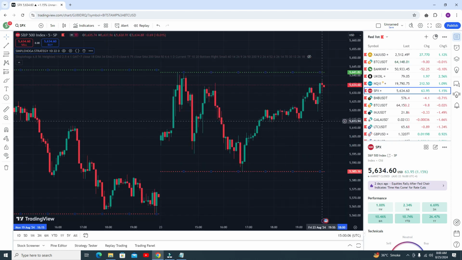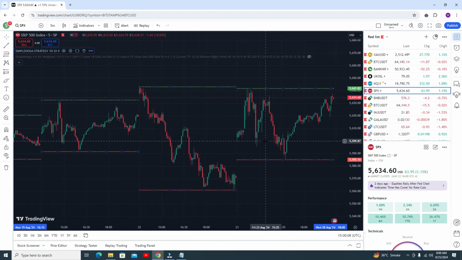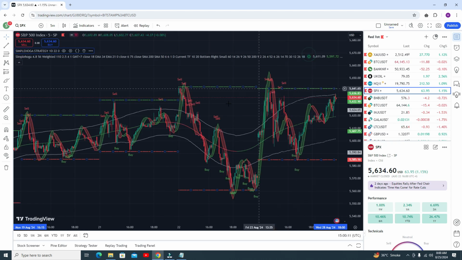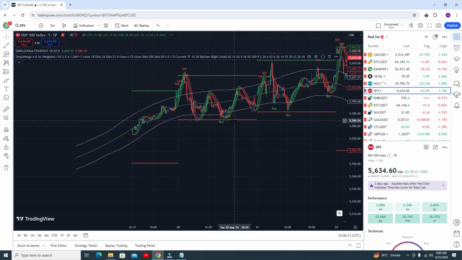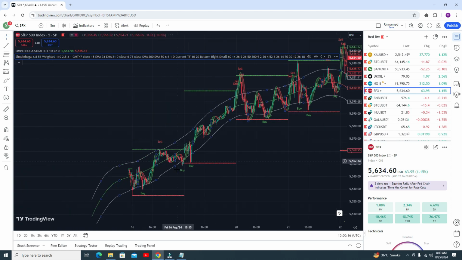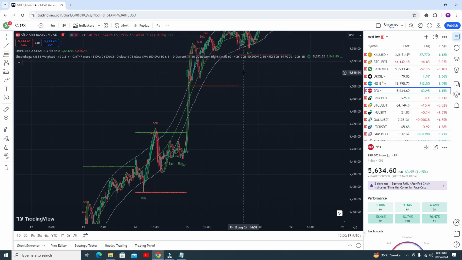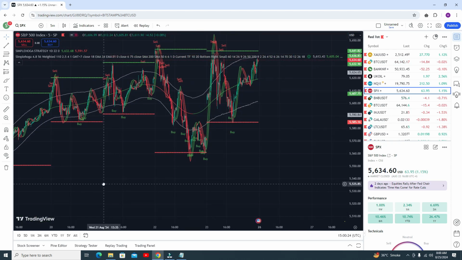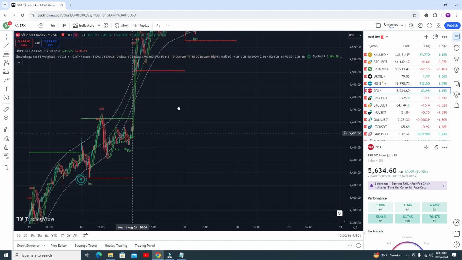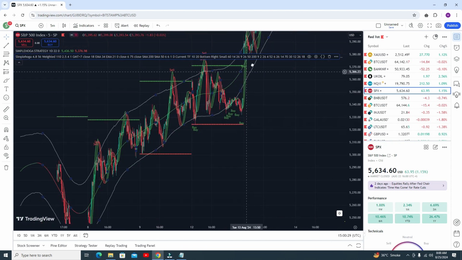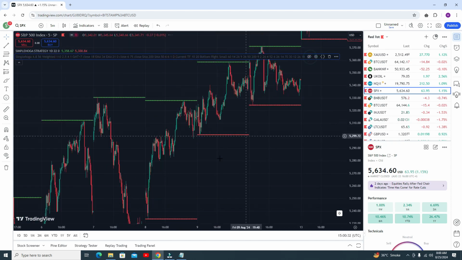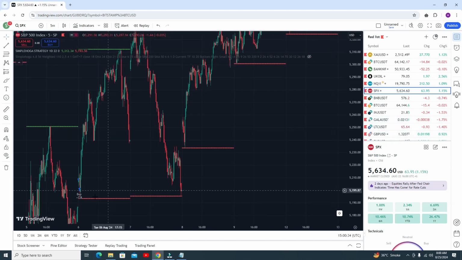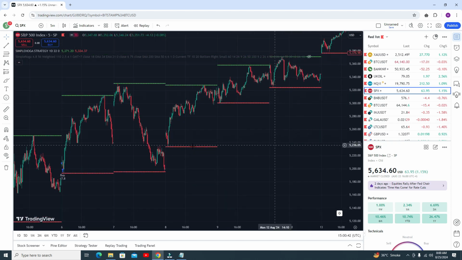But there is something very interesting here. If you go to the sell position, let me show you where we got the signal. Wait, it will give you more, and it will give you the direction. Let's find out where we got the signal. Here you can see this is the buy signal, and after getting the buy signal, you can see the market is going upside.